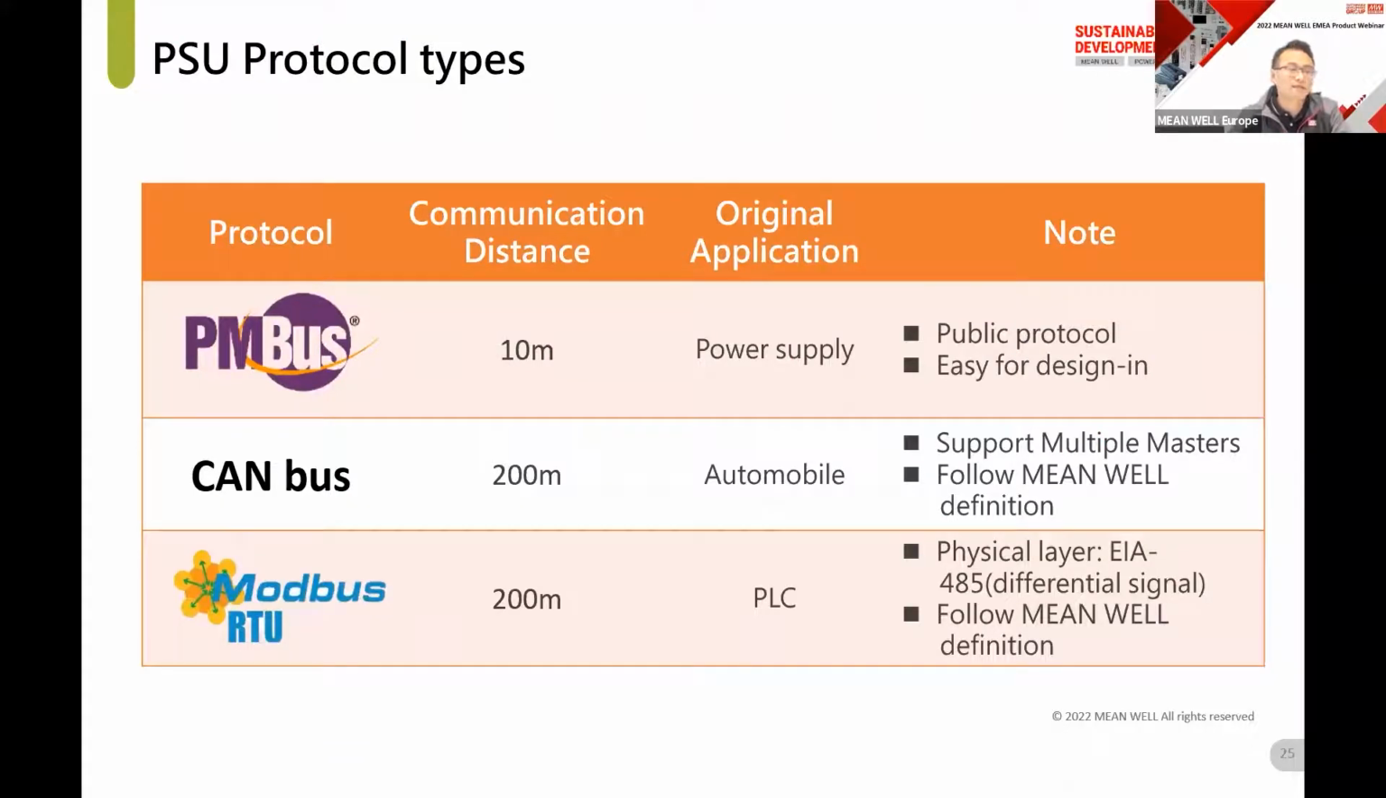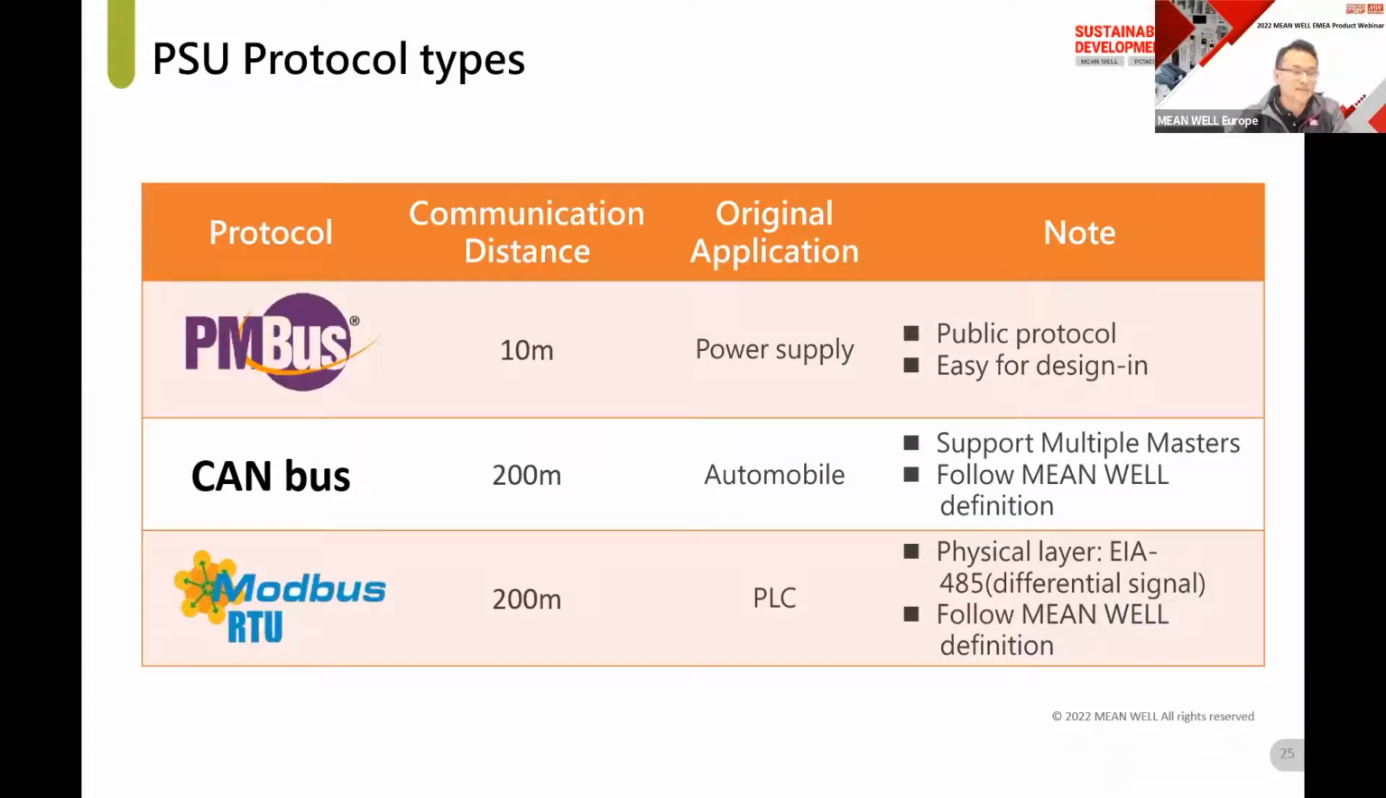Regarding the control protocol, PMBus, CAN bus, and Modbus are very commonly used in industrial applications. PMBus is a public protocol targeted at the digital measurement of the power supply. It is a two-wire communication protocol based on I2C. CAN bus, whose full name is Controller Area Network,